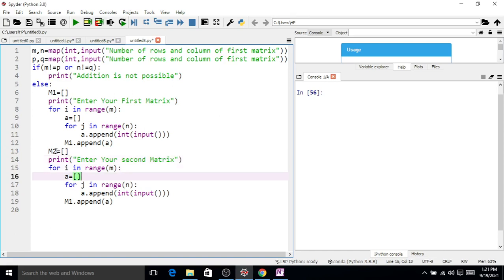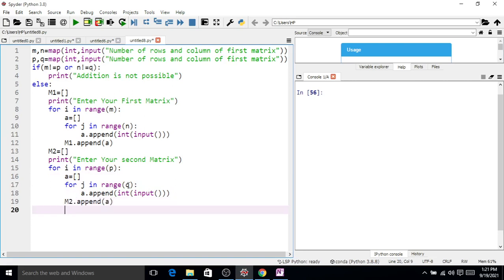Then for i in range p here, or you can use m also. If p and m are equal and n and q are equal, so you can use m and n also. And here p, q, M2 dot append.